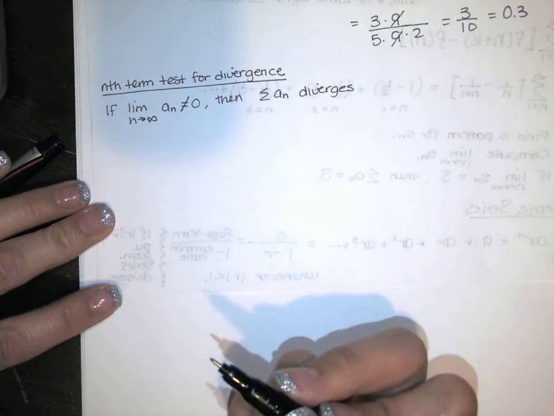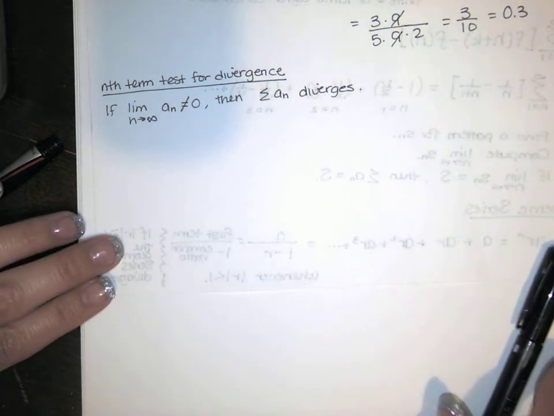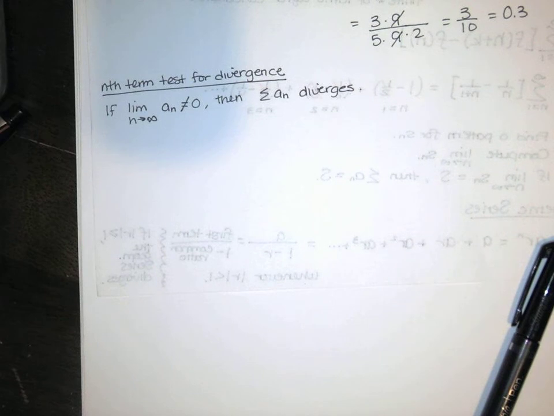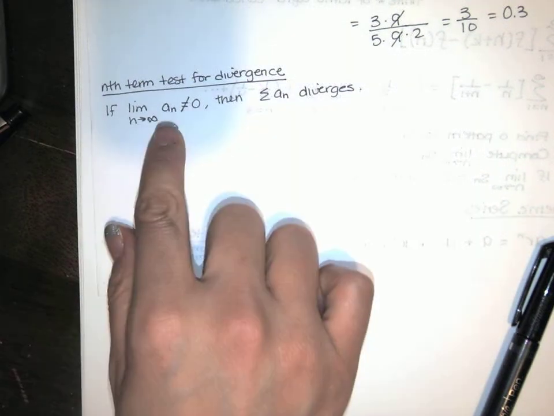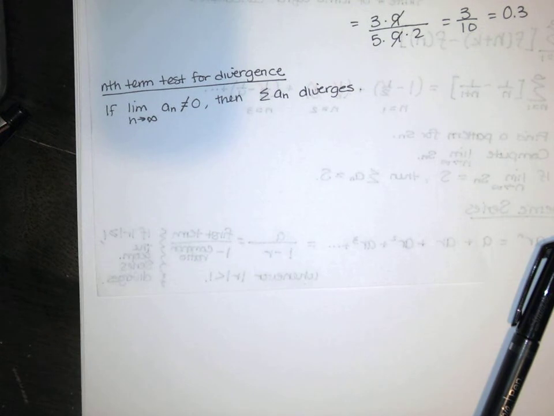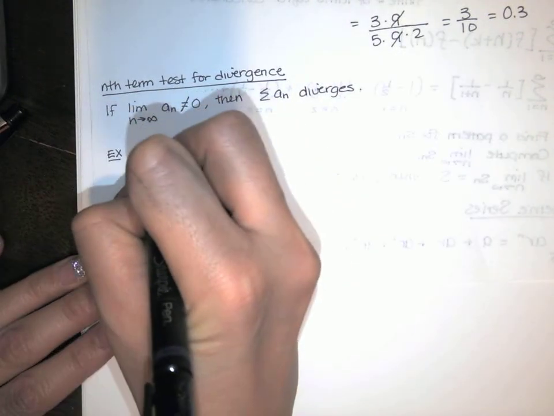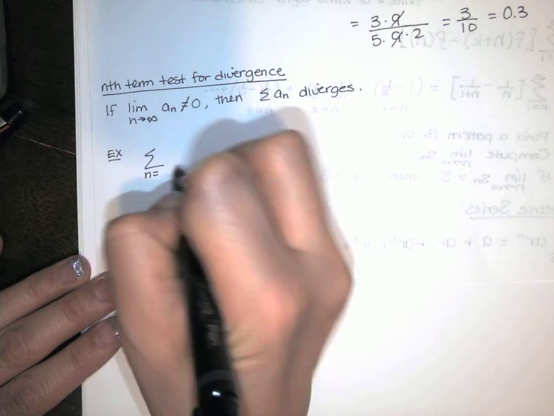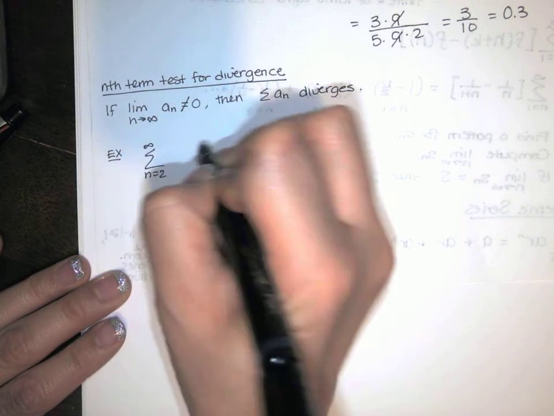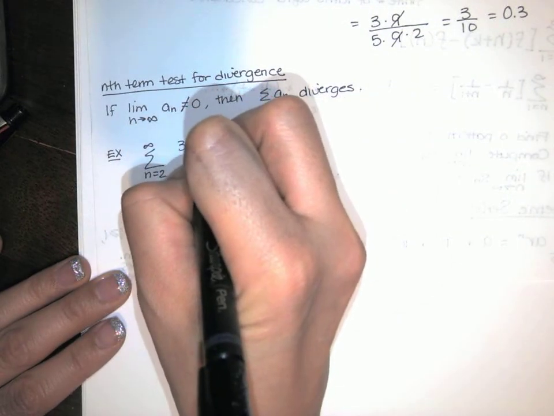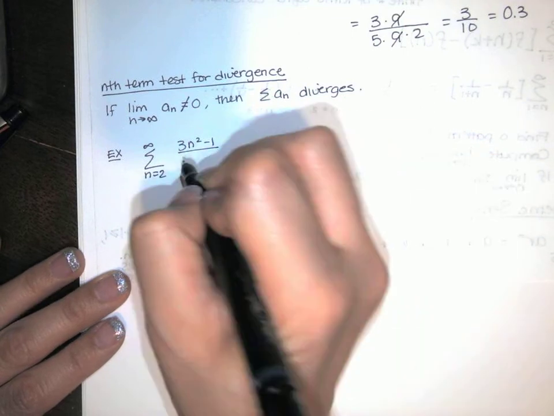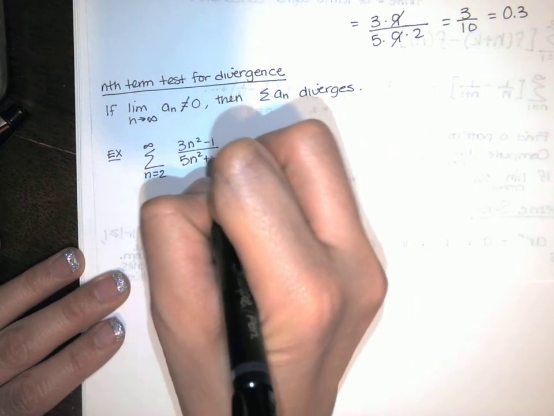This is a very nice test because after studying sequences a little bit, you probably have some decent intuition at this point for when a limit of some sequence is not 0. Especially when you're looking at a polynomial divided by a polynomial. So for example, if I have the sum as n goes from 2 to infinity of 3n squared minus 1 over 5n squared plus 2,